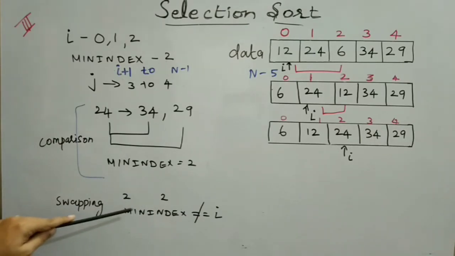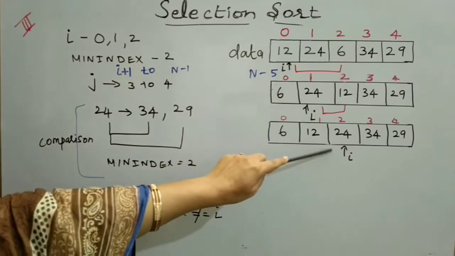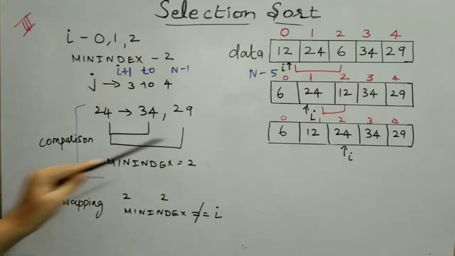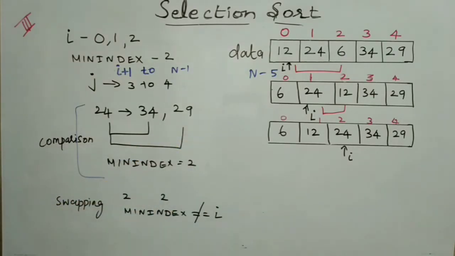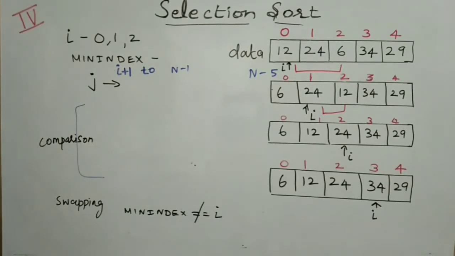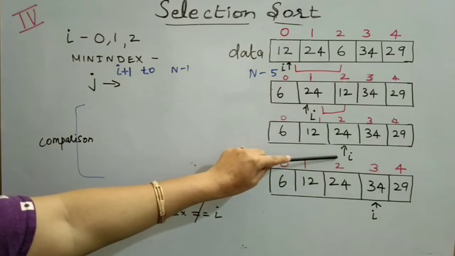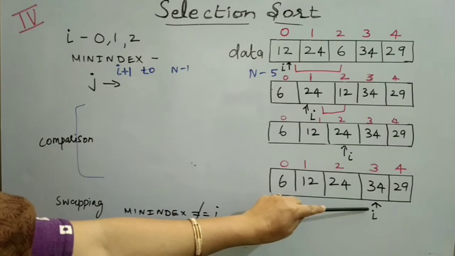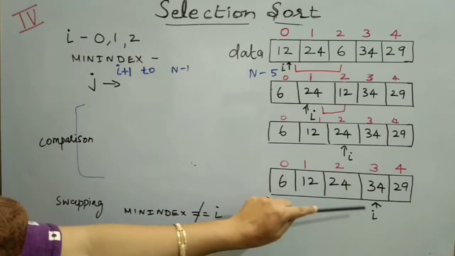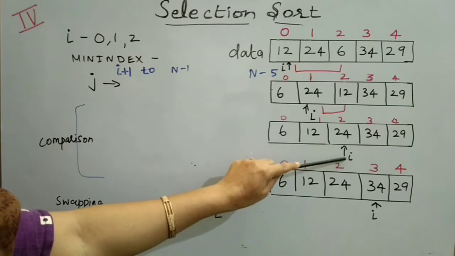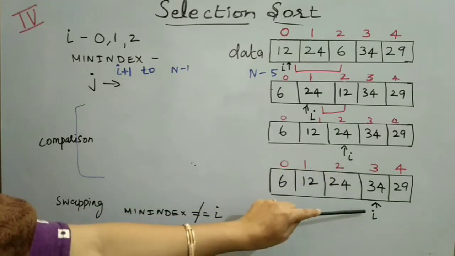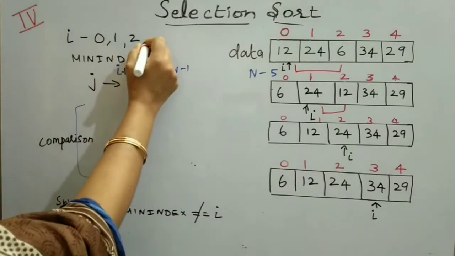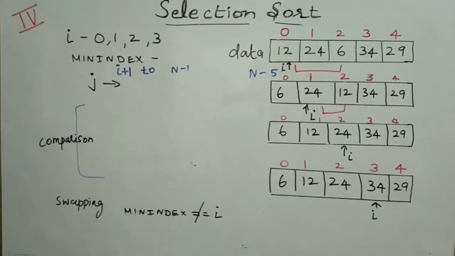In this third case, since minimum index and I are the same, there will not be any swapping procedure. So no need to redraw the data array again. We are moving out for the next iteration. In the next iteration, I is made to point to the next element in the array. It is moved upward once. Previously I was pointing to the second index position. Now I is advanced to point to the third index position. So now I takes the index position of the next element, that is 3.